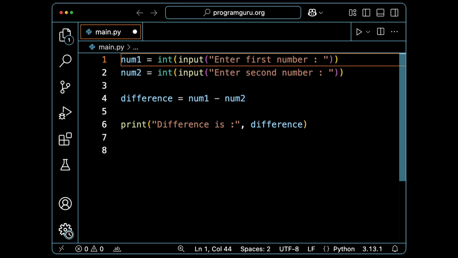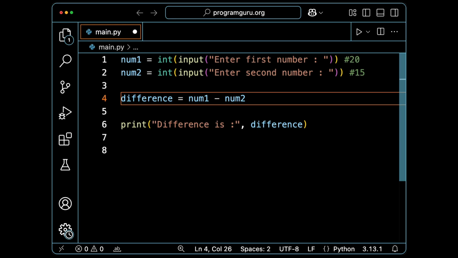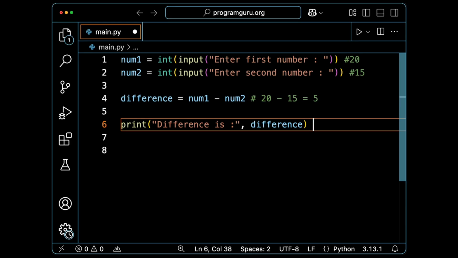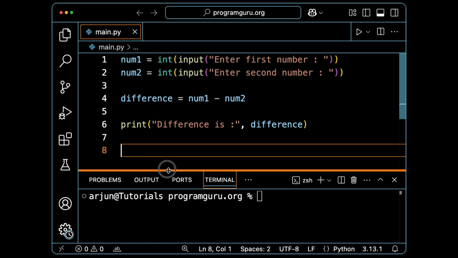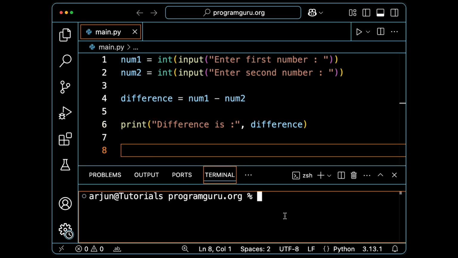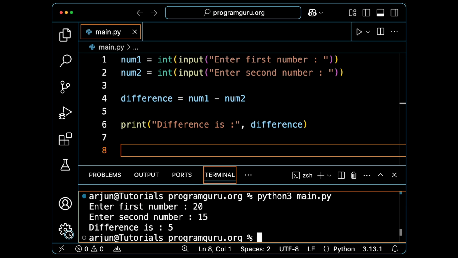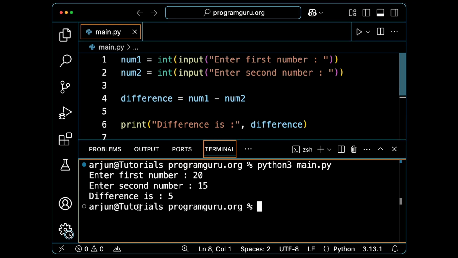If the user enters 20 for num1 and 15 for num2, then the subtraction expression becomes 20 minus 15, which results in 5. This value is stored in the variable difference, and the program prints, "The difference is 5." Let's run the program. When the user enters two numbers, for example 20 and 15, the program calculates the difference and prints,